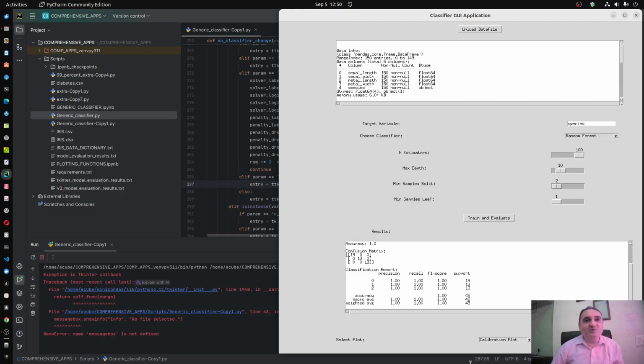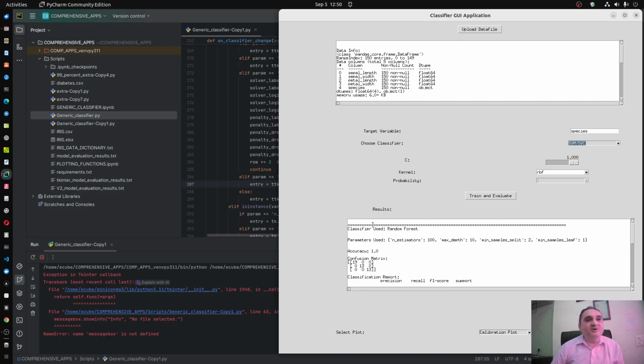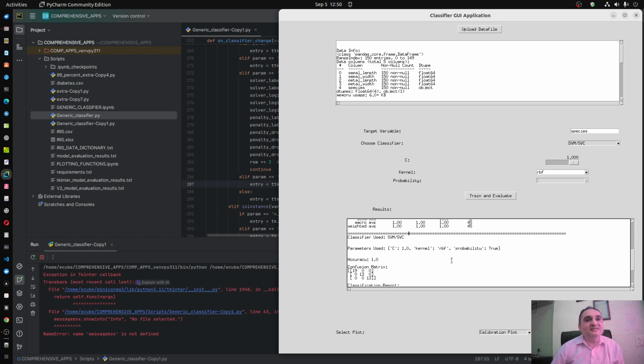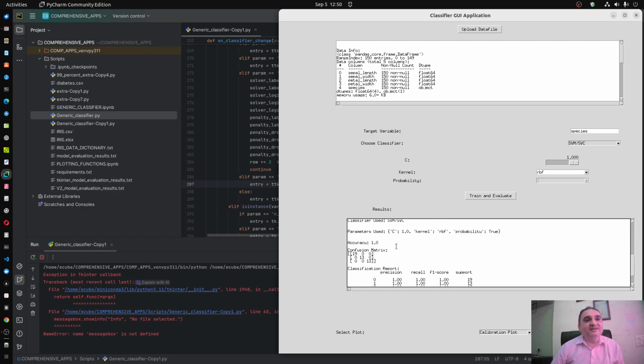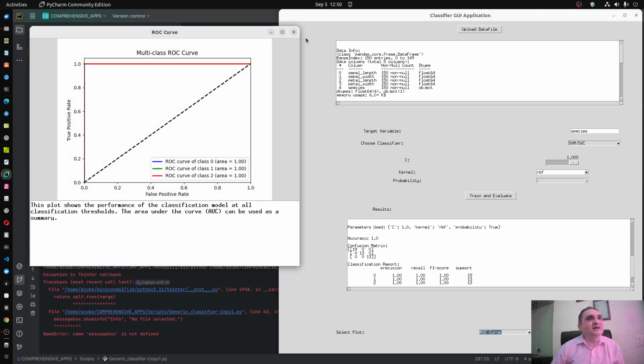Same thing I don't want to repeat for all models, but I just want to show how powerful this app is. So now I can choose SVC, support vector classifier, and I again press train and evaluate. So my random forest model's results are maintained, and below it the SVC results are maintained. It also gives 100% accuracy, precision, recall. Fine. Now, again I can plot this. I am just showing one curve, the ROC curve, and this ROC curve is perfect.